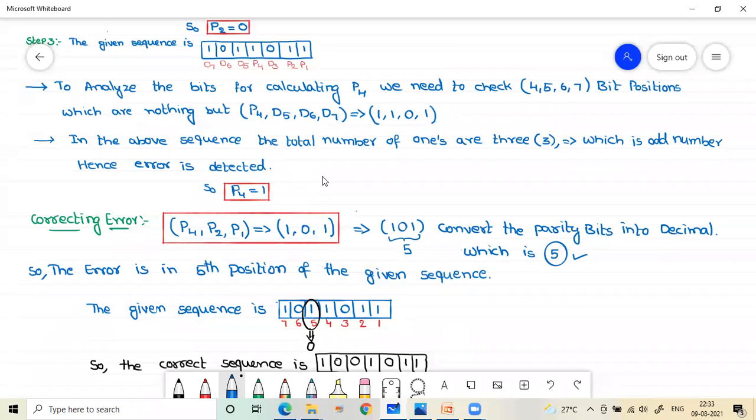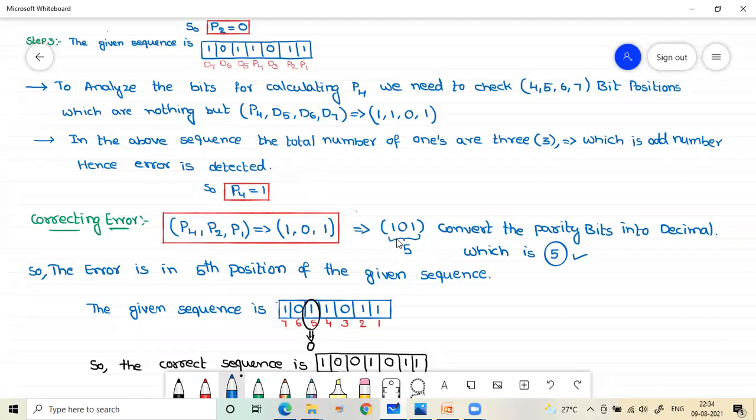So whenever we receive the parity bit values, almost all the concept, the problem is over now. Observe here. Now finally we are correcting the error. Now P4, P2, P1, the respective values, you need to write in this order only. First you need to take the P4 position, after that the P2 position, after that the P1 position. The respective values are 1, 0, 1. P4 value is 1 and P2 is 0 because we are getting an even number. That is the reason P2 is 0 and P1 value is 1.